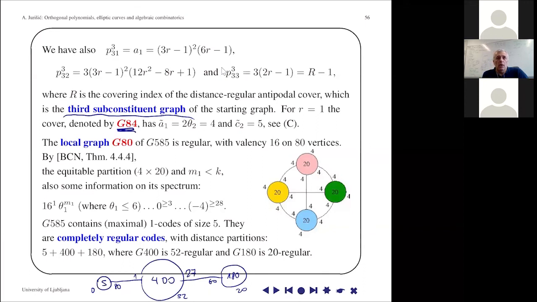But considering the local graph, it turns out that the local graph is a union of, well, not union, but it forms an equitable partition of 4 20s. And we were able to prove, and all the parameters here are 4, 4, 4, 4 all over the place. And you can show by interlacing techniques that this 20 graph is actually connected,